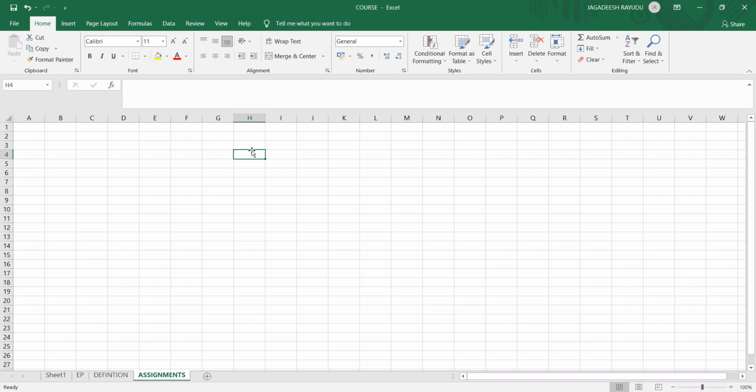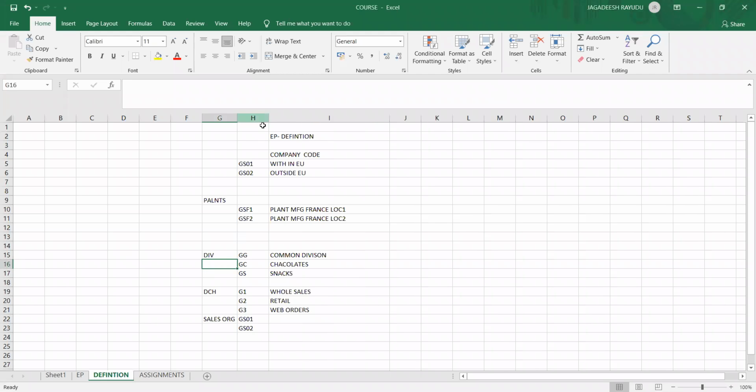So yesterday we had a discussion about the definition of organizational elements. Now we are going to see how the assignments will happen across the various organizational elements. So how we are interlinking these elements, that we can see in the SAP system. Let's go to the